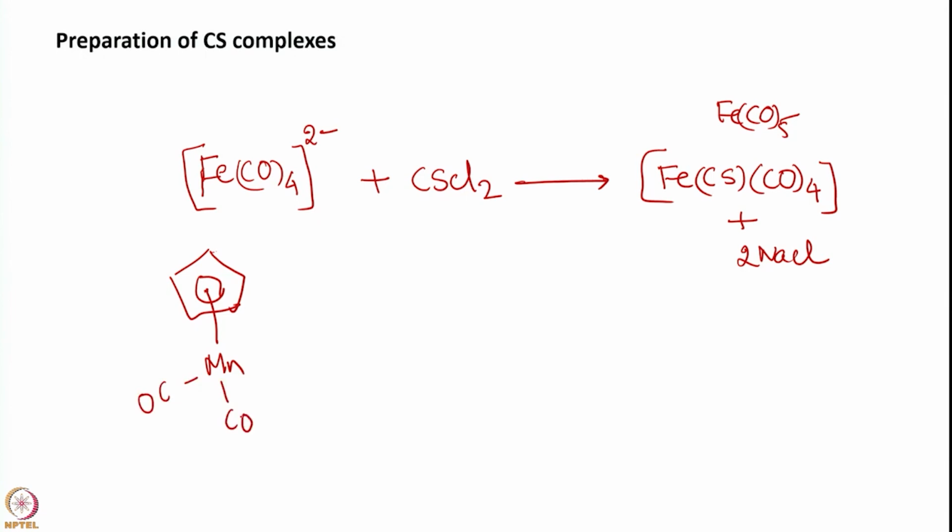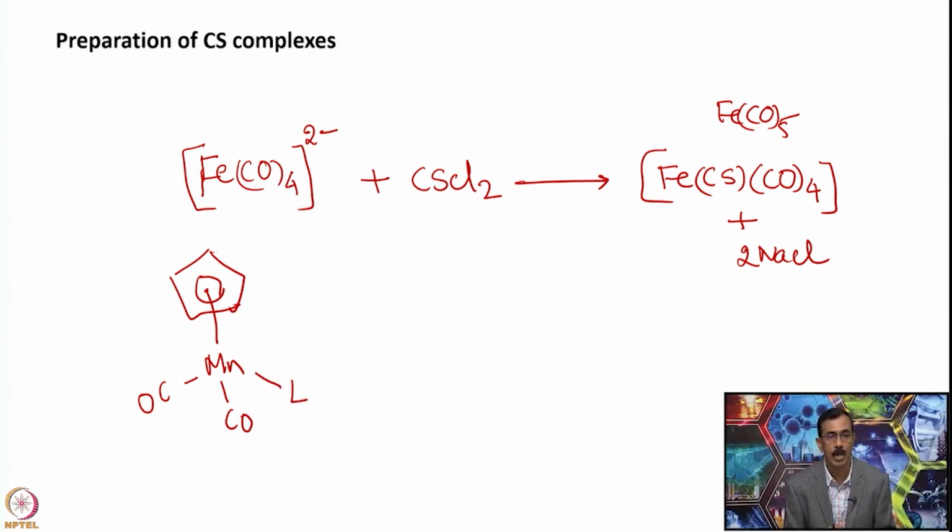Suppose we do not have a phosphine here. So, we start with a reaction in which we do not have a phosphine to abstract sulfur from carbon disulfide. In that case, later one can also add a suitable tertiary phosphine to abstract S from CS2 to form CS